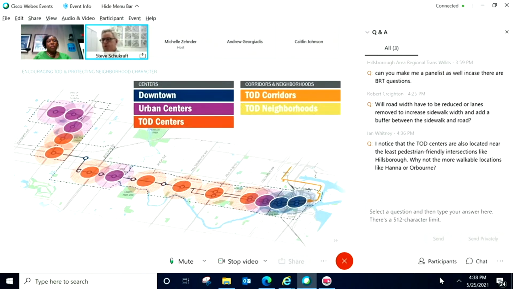So that's the full picture or framework that we're starting to work from in thinking about the future of the corridor. So again, the 3 centers, downtown, urban center, and TOD, the 2 lower scale development TOD corridors, which would happen in between the circles on the map here in TOD neighborhoods. We're in the process of mapping that on a block by block, lot by lot basis, and we'll have that mapping available in the next several weeks, and that's one of the things that we'll share with you all when we get that a little further along. But for today, we want to test to see if we're headed in the right direction.